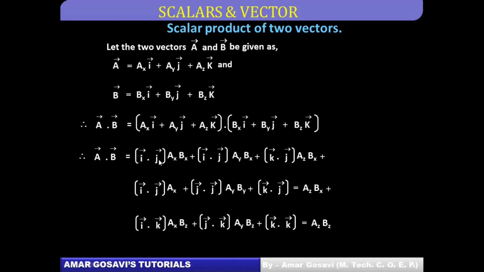So out of the 9 terms from the 3 rows, only 3 terms will prevail. 1, this is the second term J cap dot J cap, and the third term K cap dot K cap. Other terms will become 0. So whenever I simplify A bar dot B bar, I'll get it as, okay. So hopefully as per your messages, you are done with noting this slide.